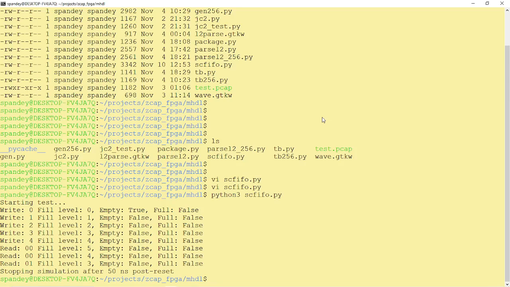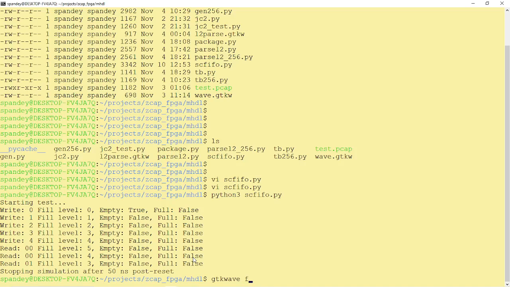So it's done the writes. You can see here they've done all the writes, all the 5 writes. They've done all the reads, so it was all okay. Empty is false here, and then on the right side there's no full levels, because we go all the way to 15, so it's not really full. So full is false, and then we actually do a reset. Now I can pull up GTKWave